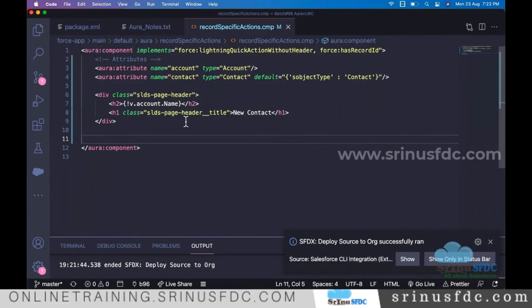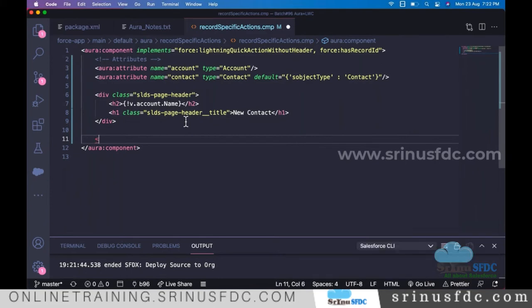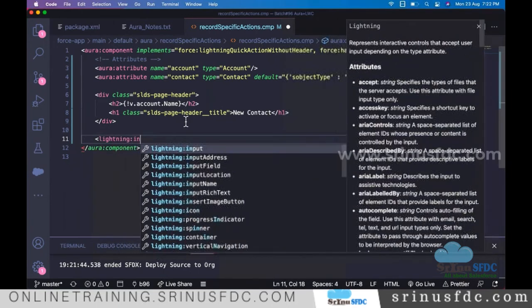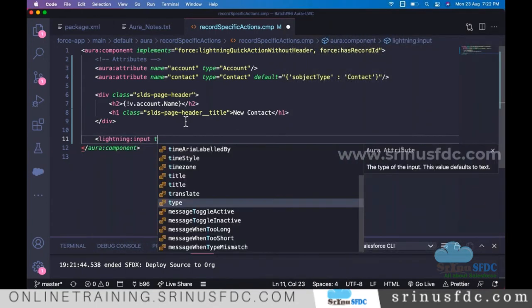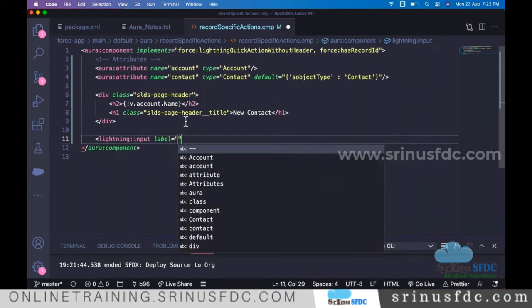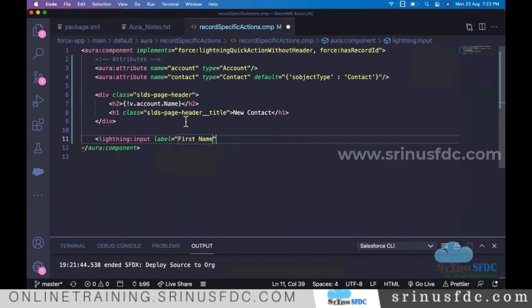So now let's include some input fields to accept input. Lightning input. So here the label I'm giving is first name. Name, if you want, you can give, otherwise that is optional. So I'm giving an ID to identify this one.